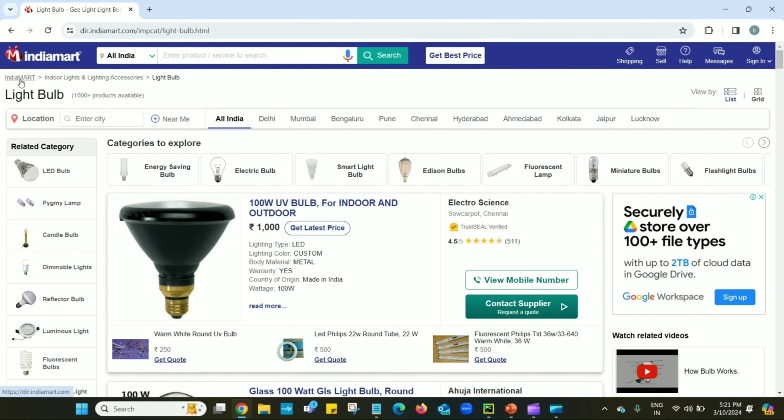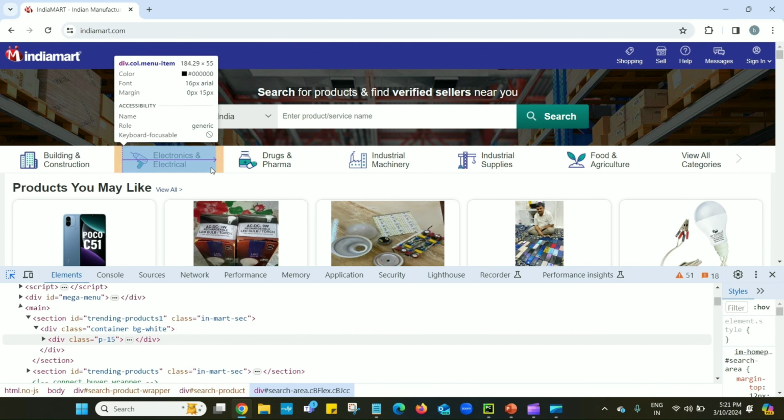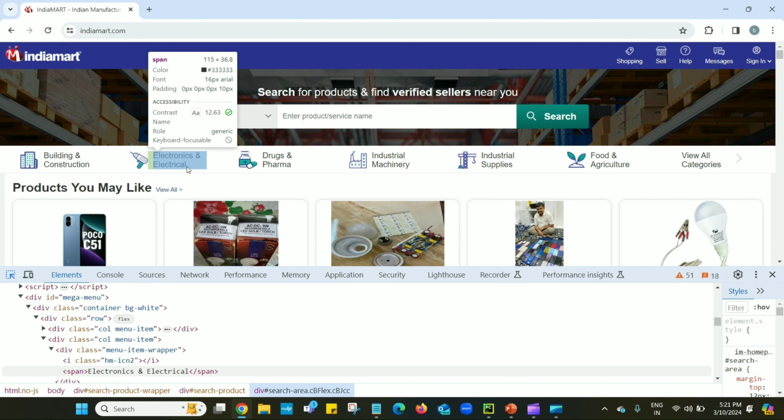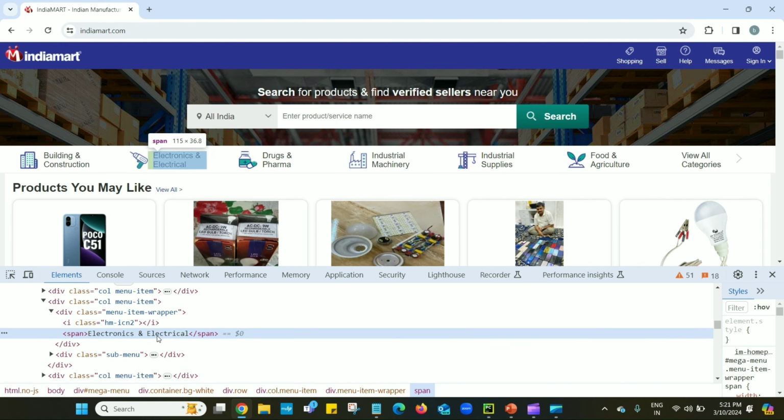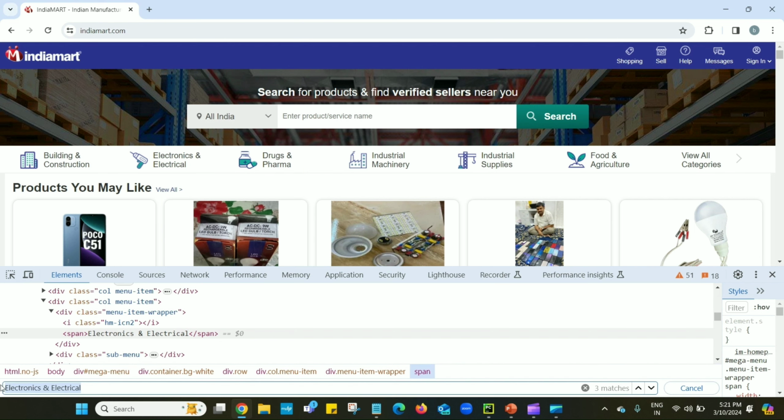I am validating this header. So let's see. First we will find this Electronics and Electrical link. We can find this by using the span text, so its XPath is span text. By using this span tag and this text, I am finding this web element, Electronics and Electrical.